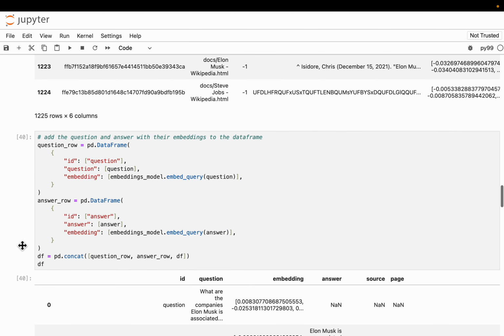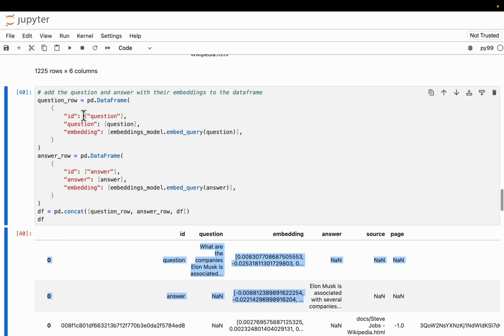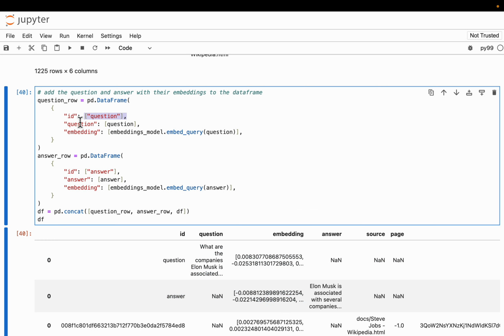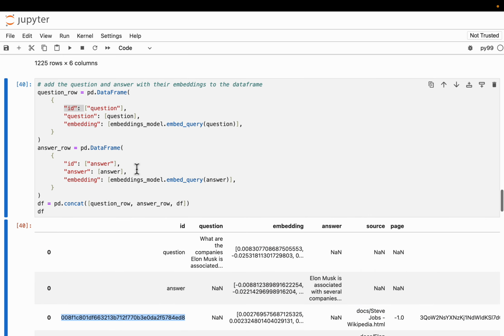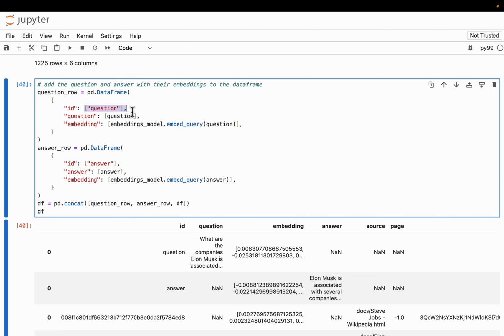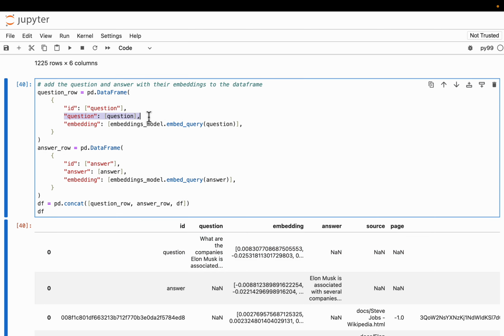So we are going to add two more rows like this here. The first row we are going to add is the question. We call it ID, right? So this is that hash ID we have created, and for the same header, we are adding the question. Okay. So this is our question. What are the companies Elon Musk associated with? Okay. So we have the question, and